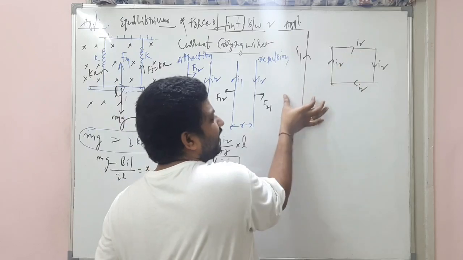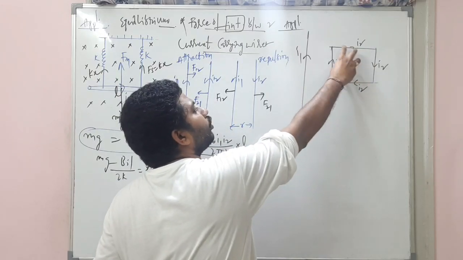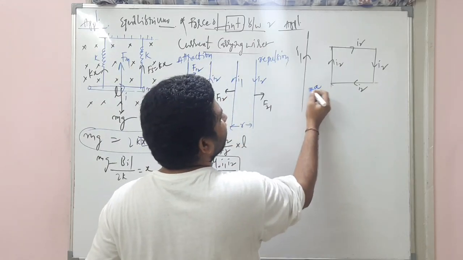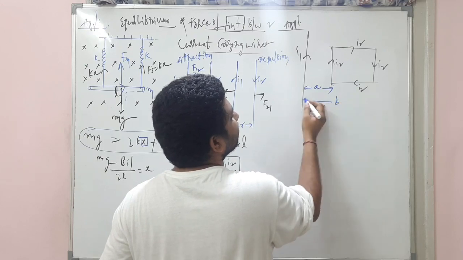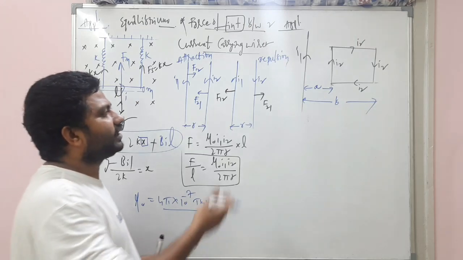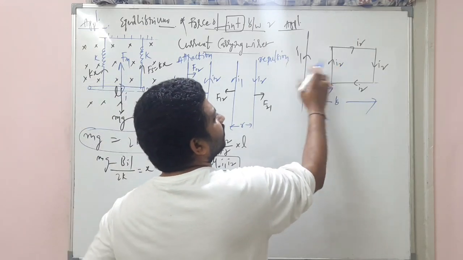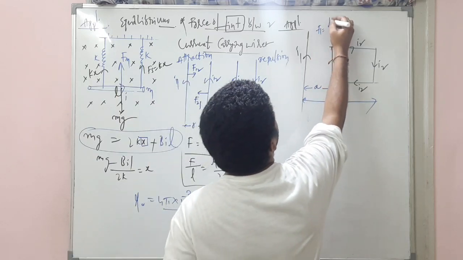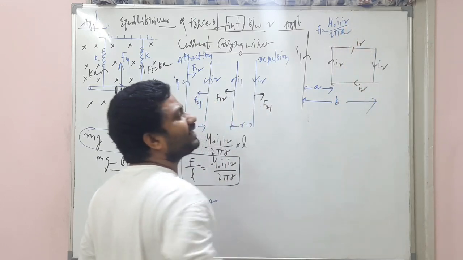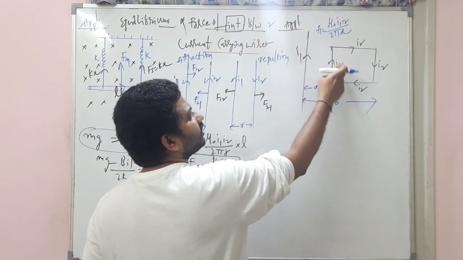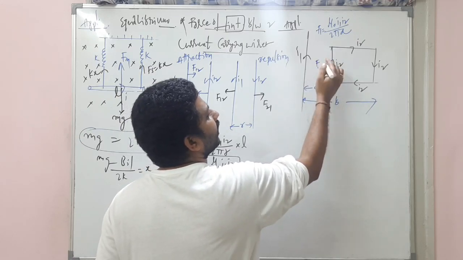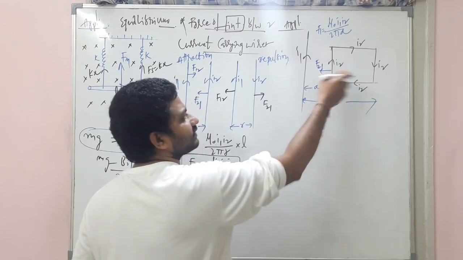Imagine this wire is fixed. The question is whether this loop will move towards it or away from it. Imagine the distance between these two sides is given as A, and the distance between these other two is given as B. So there is a force of interaction between these two, that's F1. What is F1? Mu naught I1 I2 by 2 pi A. Definitely these two will attract, as the wire is fixed and the loop will be attracted. That is F21, the force on the second due to the first.